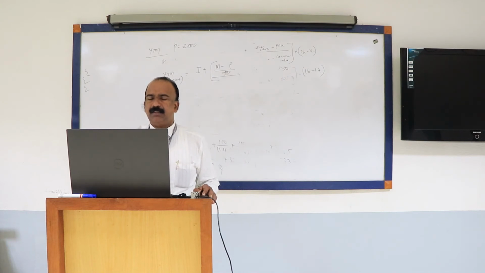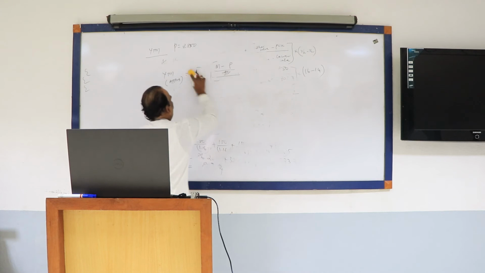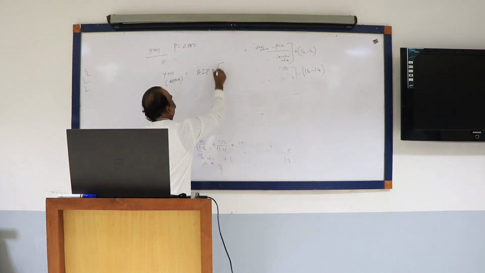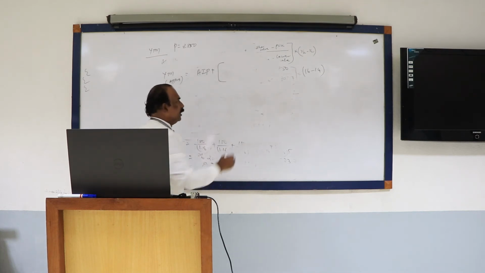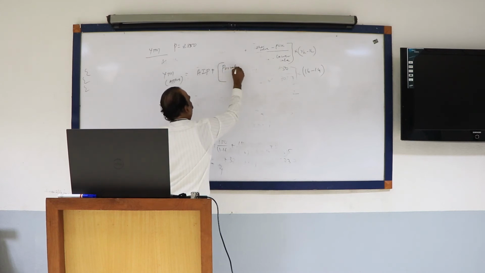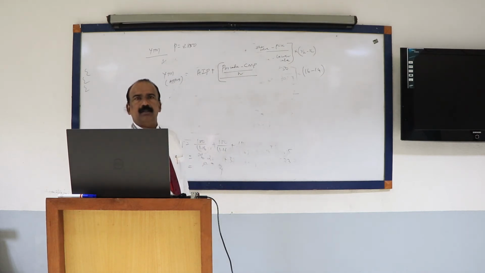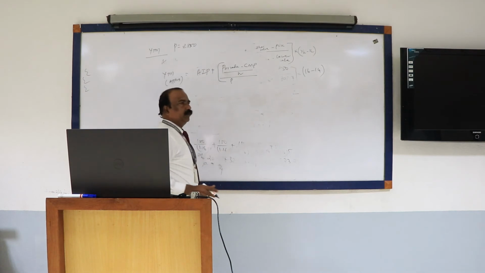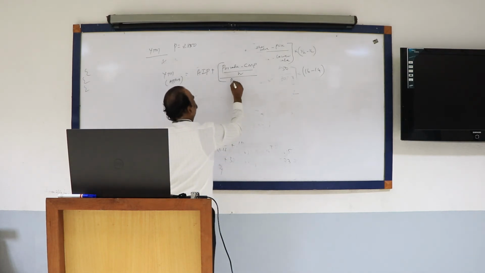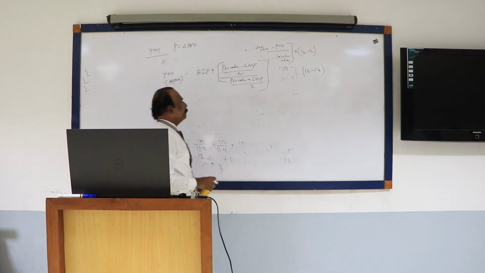What is that equation? Some of you can read. I plus AIP, annual interest payment, plus par value minus current market price, divided by N, whole divided by par value plus current market price divided by 2. Yes, the same equation will follow: annual interest payment plus par value minus current market price, divide by N, whole divide by par value plus current market price divided by 2.